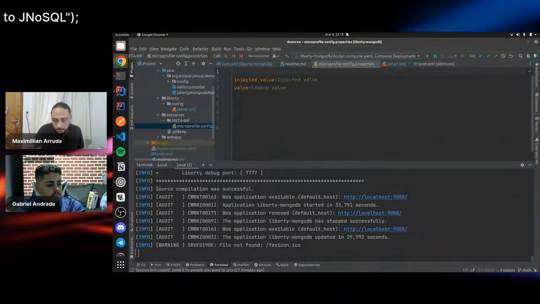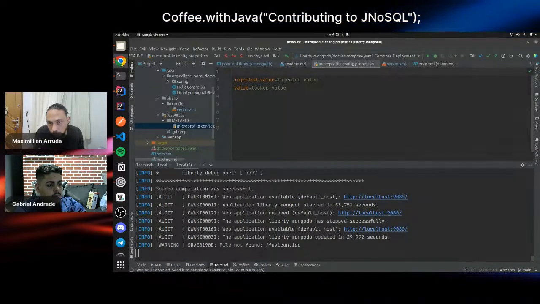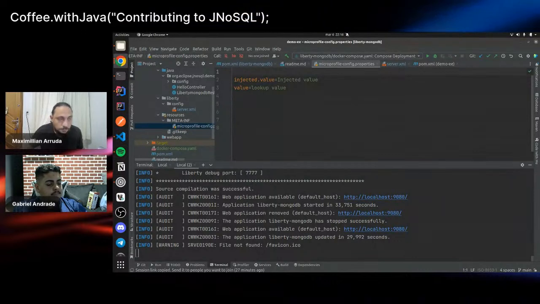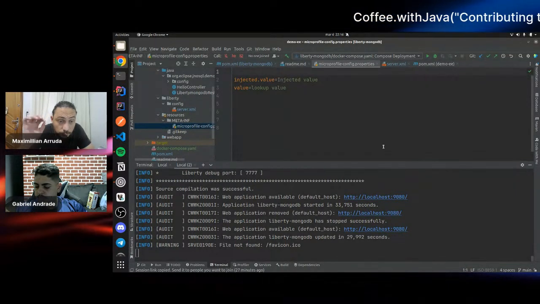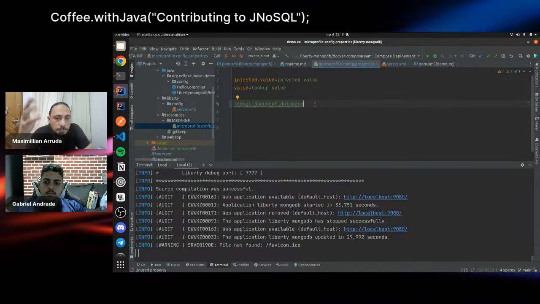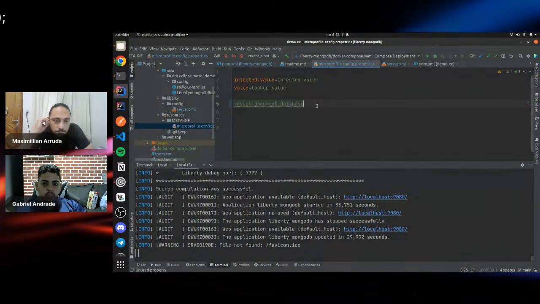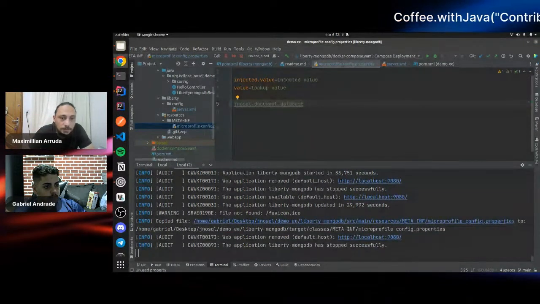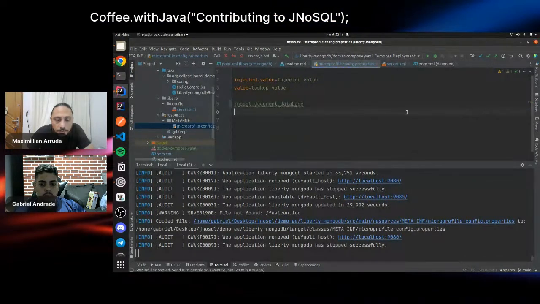So first of all, okay, so this is the first configuration: jnosql.document.database. It's the name of your database. So choose a name.